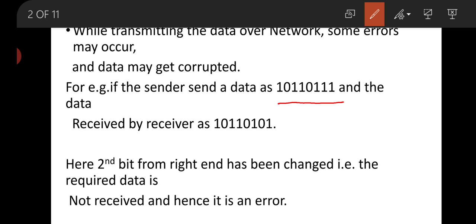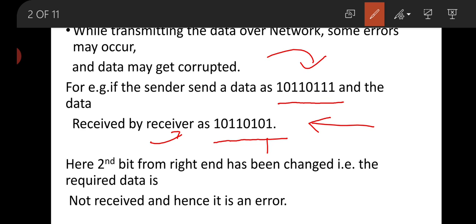Observe carefully this pattern. Here, if you observe carefully, the second bit from the right side is getting changed. In the last 111, here on the last 101, that means the second bit from the right end has been changed.